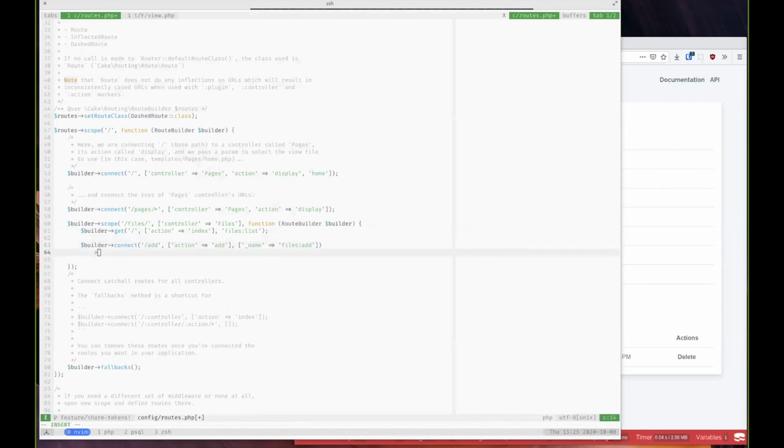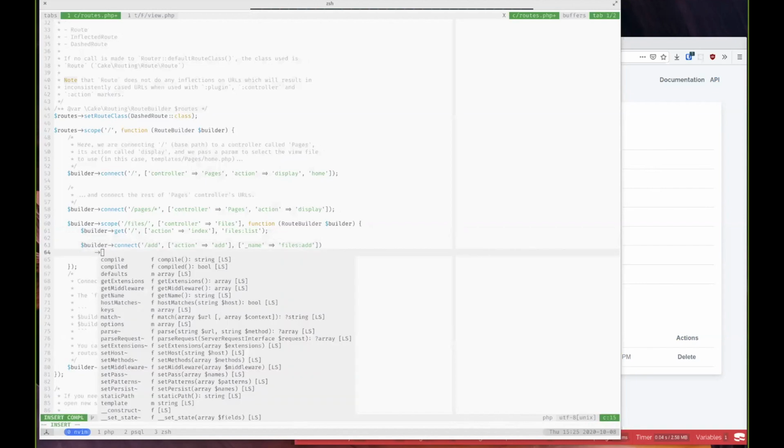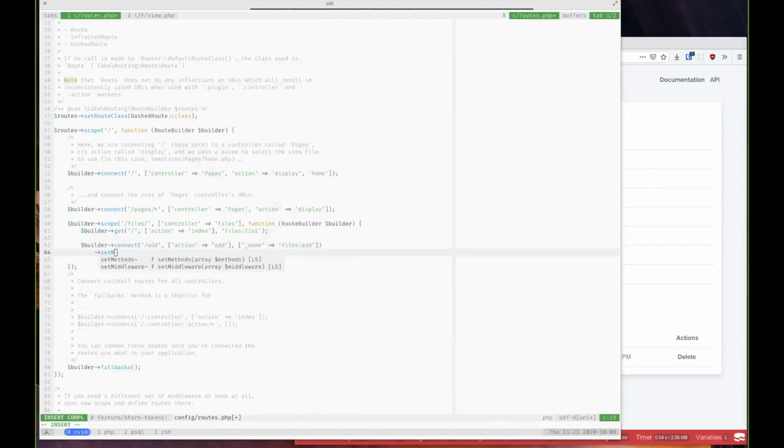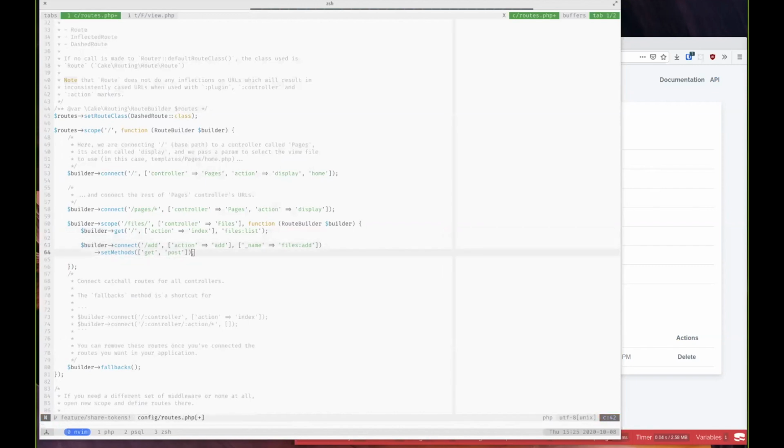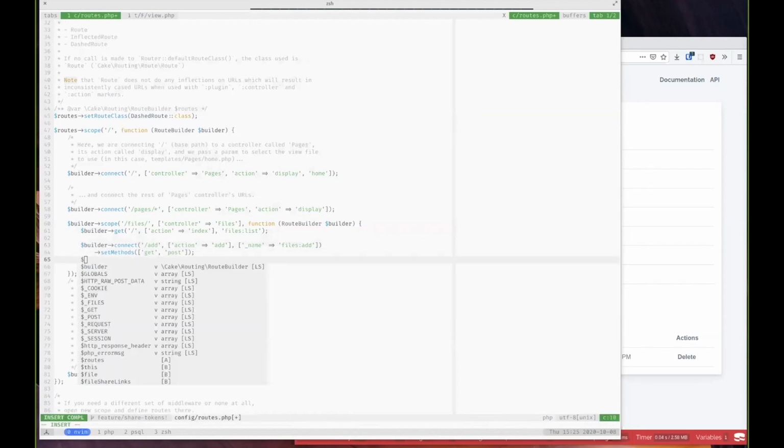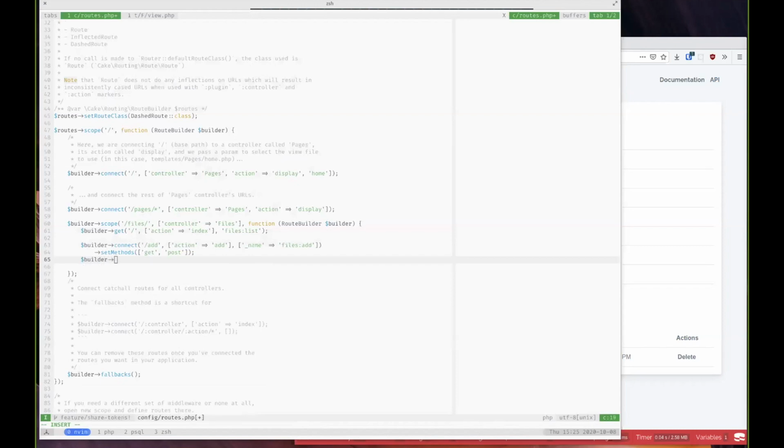If we're using connect, we can limit the HTTP methods that are accepted by just using set methods. And so with that, we can limit this down to just get and post. This won't reply to a patch or to a put. So that's another way you can connect URLs that limits what clients can do. And then we're going to use the new